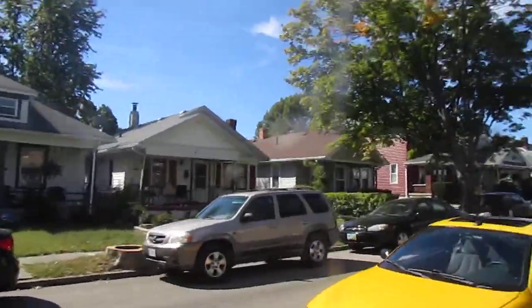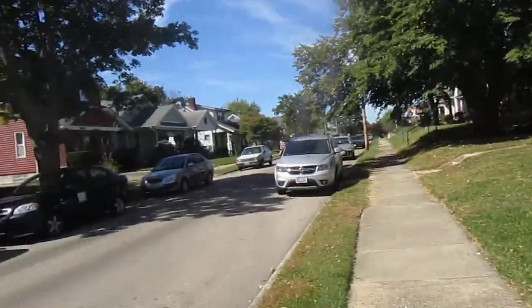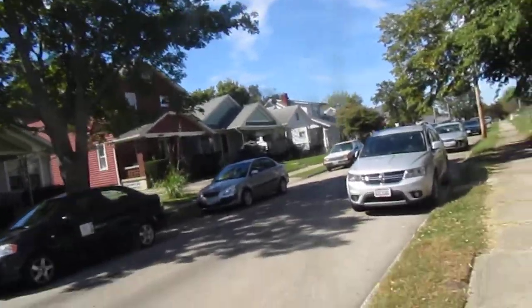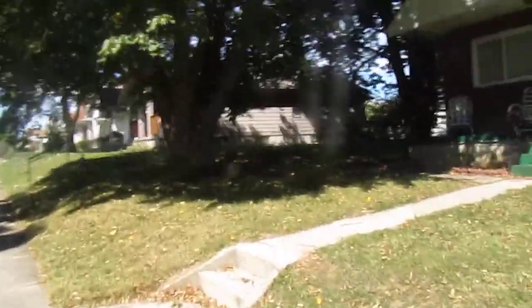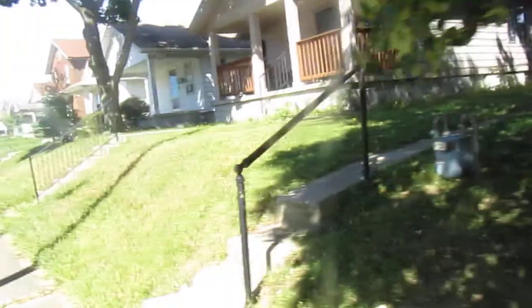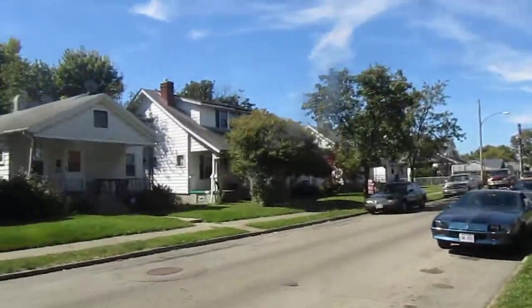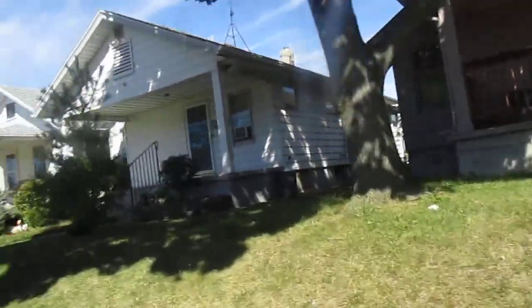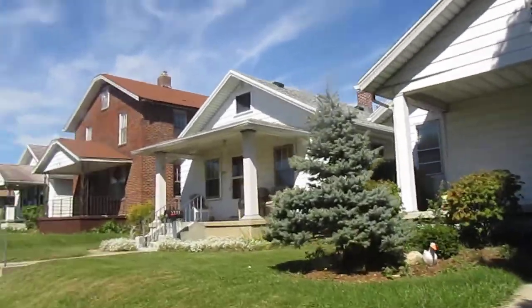But these are some smaller houses, but they're quaint, nice, cozy little houses right here. You do have a few rentals in this neighborhood, so you got a few rentals here. Nothing wrong with that as long as they take care of it. But if I had to venture to say, I'm going to say 75% of this is homeowners in this neighborhood. If I had to venture to say,